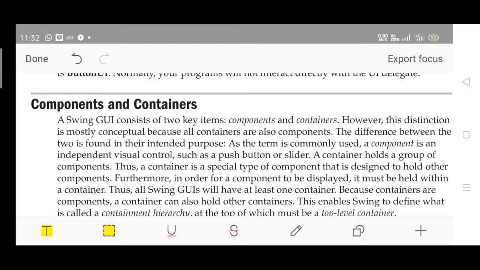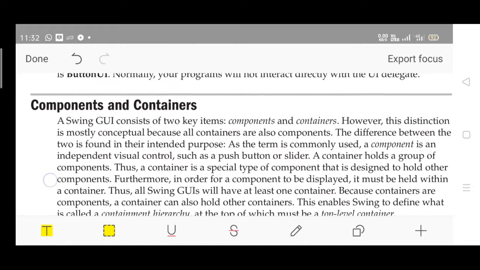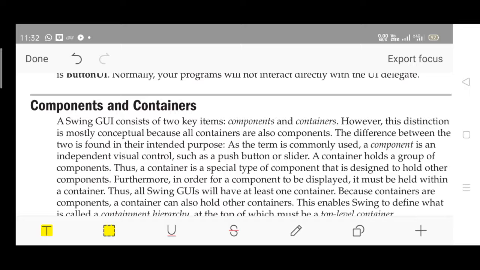Okay. Next concept is about the component and container. Let us see about the component and container. Two key items the graphical user interface of Swing contains. One is component, the other one is called the container. Again, guys, it is general knowledge. What do you mean by container? Your bag, school bag or college bag, you can call it a container, isn't it? Because it can carry components. What type of components does it carry? It can carry components like textbook, notebook, pen, pencil, or other accessories, isn't it? Right?